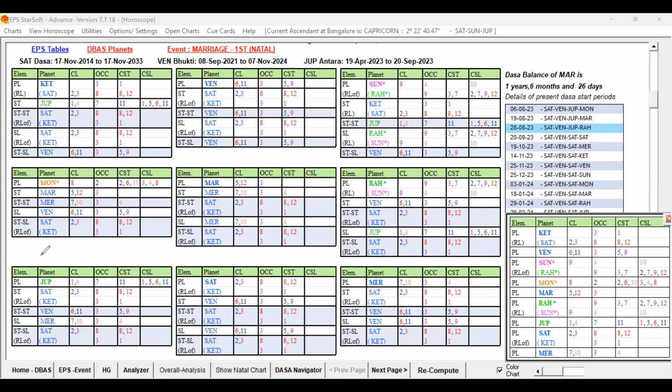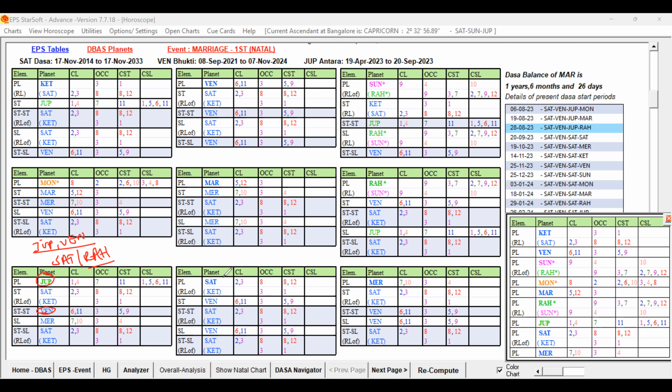the Dasa Lord here. Jupiter is the Dasa Lord, and Venus is the other favorable key planet, and Saturn is a mixed one, being the 2 and 3, but Saturn is getting the support from Rahu. Rahu is a good key planet and free planet in its supports. That way, these are the favorable key planets of the Dasa Lord. Now let us check. Other than that, the other key planets which you already studied, but within those key planets of the Dasa Lord, these are the favorable key planets.